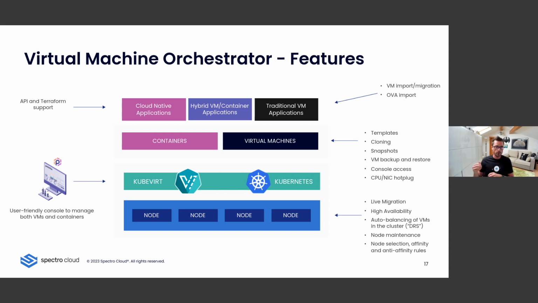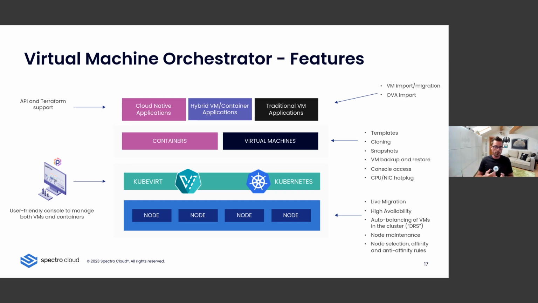On the right side of the slide, you have all the features that are relevant to the VMs themselves. Starting from the bottom, you have features that concern the availability of the VM. So HA: when a node has an issue or is experiencing some hardware issues, the VMs will automatically be restarted on a different node. Live migration, that's similar to vMotion for vSphere and for other platforms, where you can seamlessly warm migrate a VM, so without shutting it down, from one physical node to a different node.